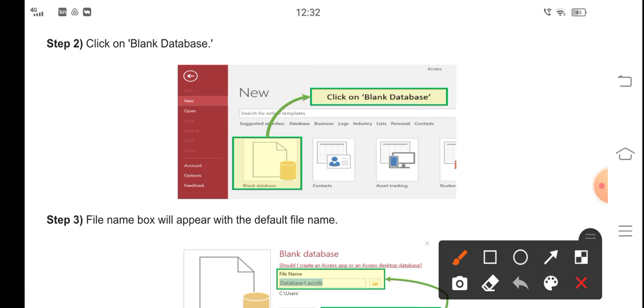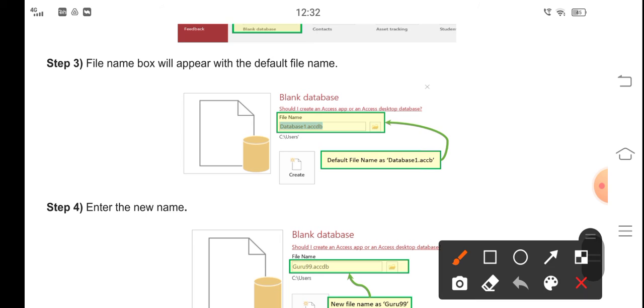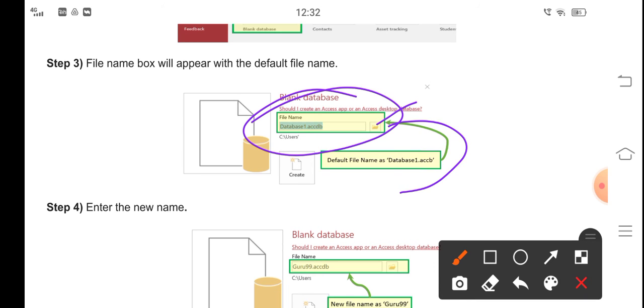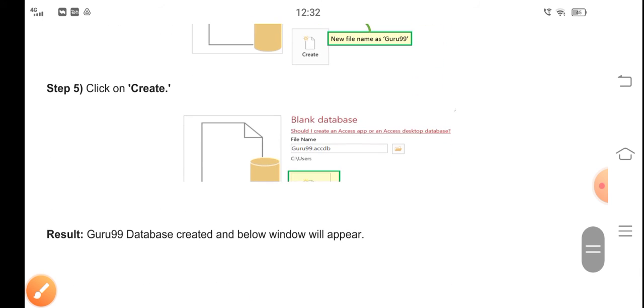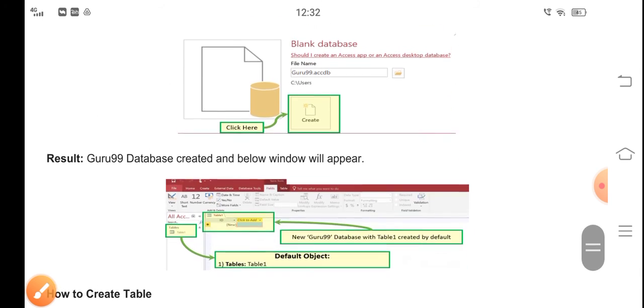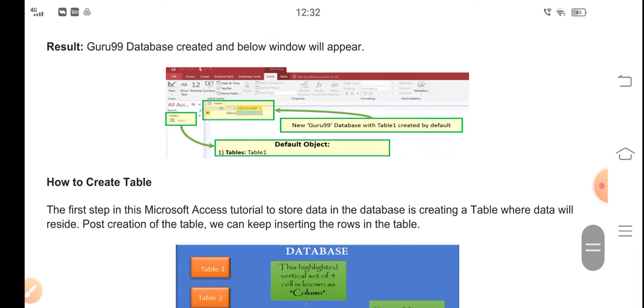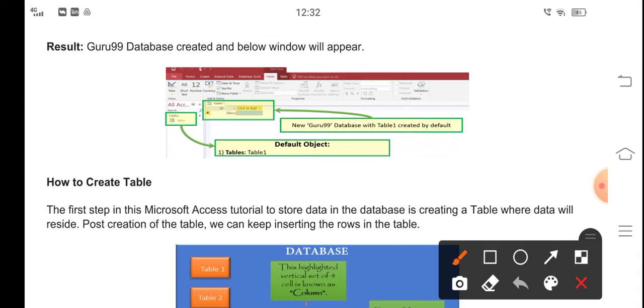Here you can see new and then blank database. Then immediately the file name box will appear like this. In this you have to enter your own file name. Enter the new name, simply click on create, and a new database is going to be created in this way.